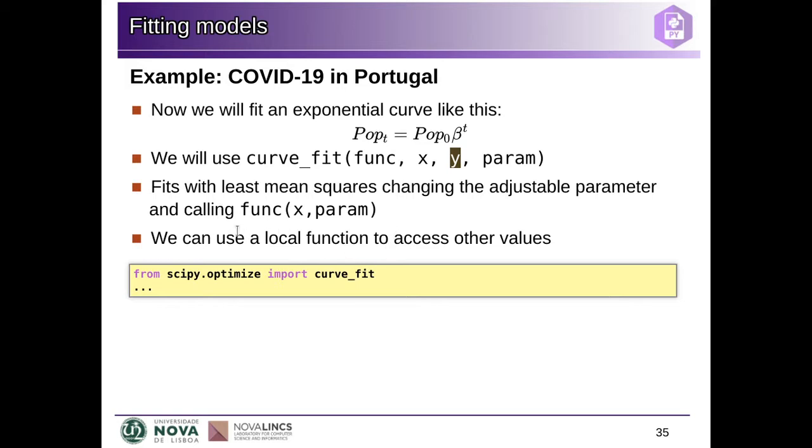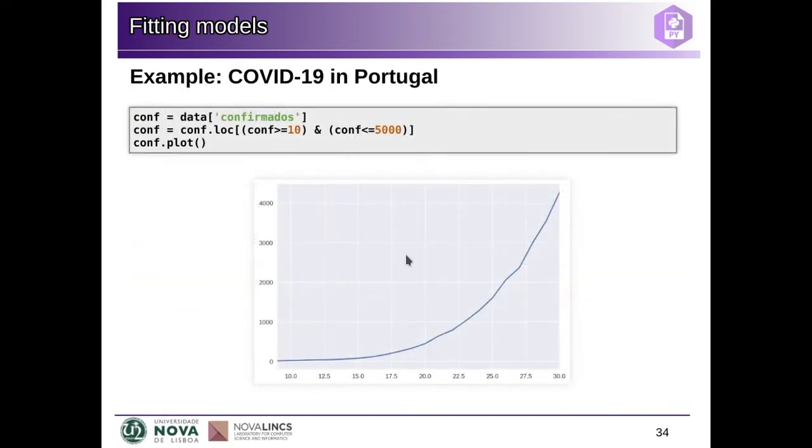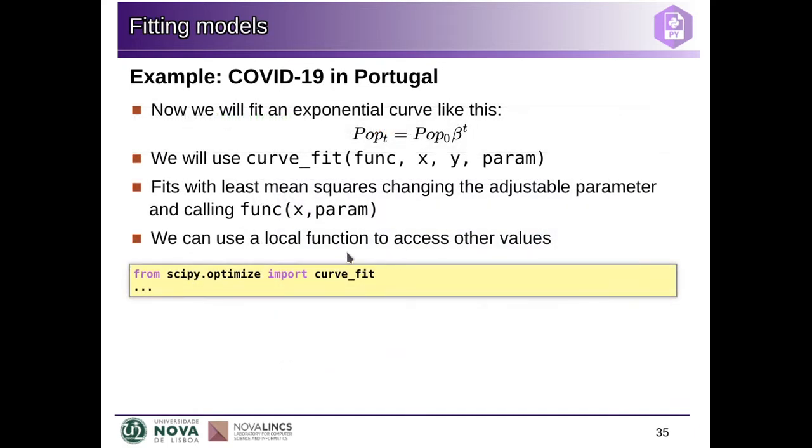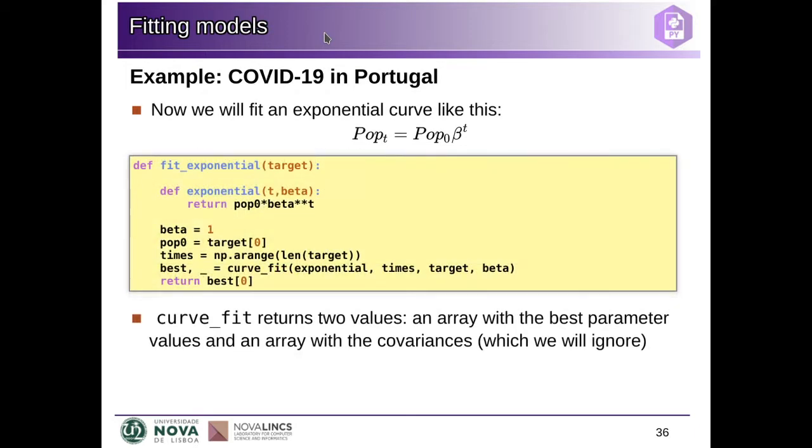Since we're going to use other values here, we're going to look at the population and so on, we can use a local function to access these other values. So let's import curve_fit first from scipy.optimize and see how we can solve this here. So this function is the exponential function that outputs these values. So we take the initial population and we multiply it by beta raised to each time value. So the time will be